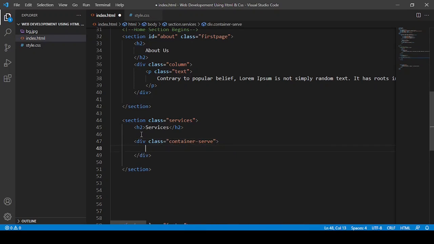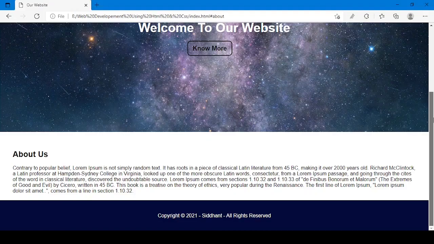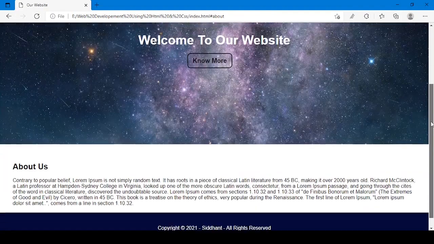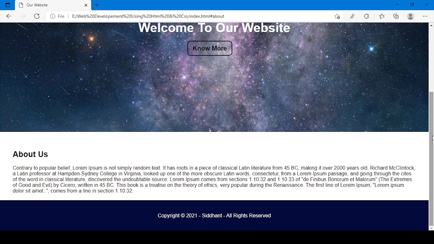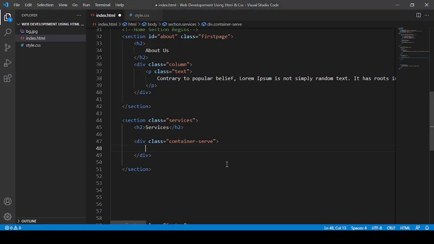And in services you can add some icons also. In services what you can do is you can add buttons, you can add text, you can add picture, like that. But for the moment I'm going to first add some text, so p dot text.